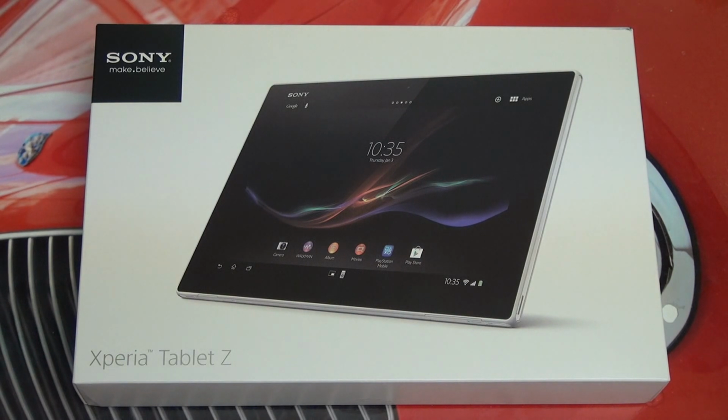Xperia Tablet Z. Now you can pick up this Wi-Fi only tablet in either a 16 or 32 gig capacity. It does also have a micro SD card slot for storage expansion, so do take that into account when choosing your respective model. Priced at $500 or $600 depending on which capacity you go with, you also get the option of selecting color. This comes in both black and white. Today we'll be looking at the 32 gig white version, since that's currently the only one available here in the